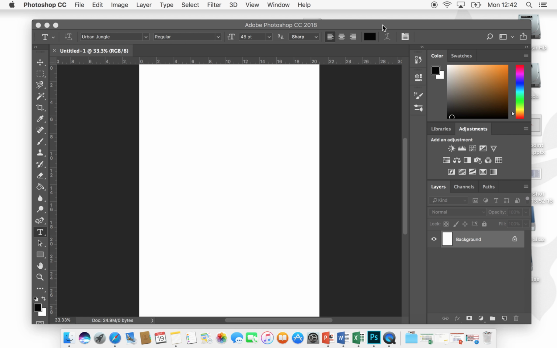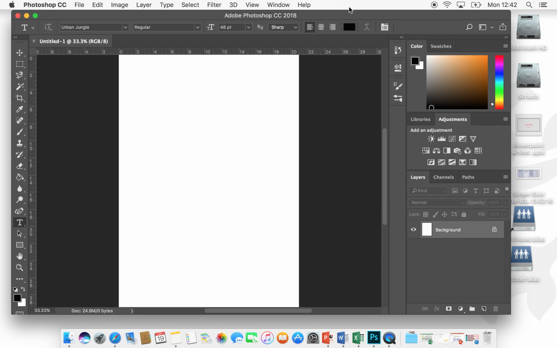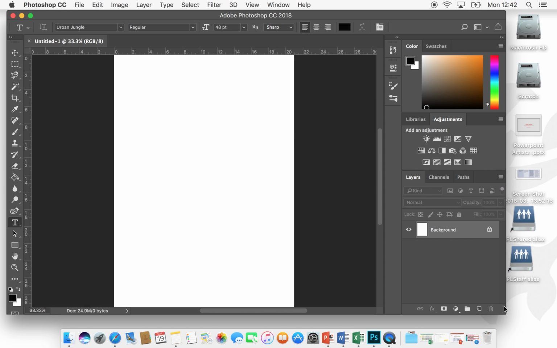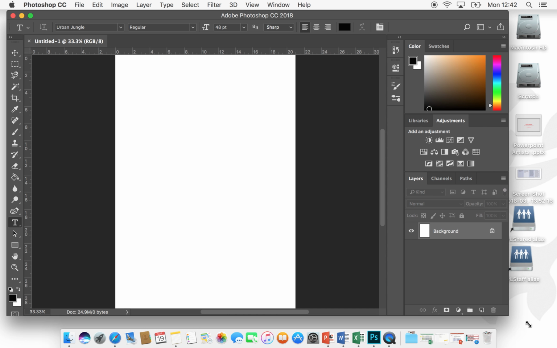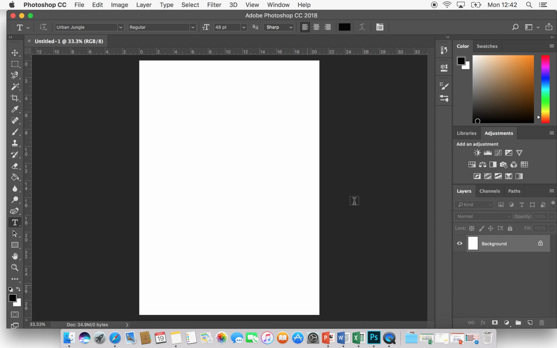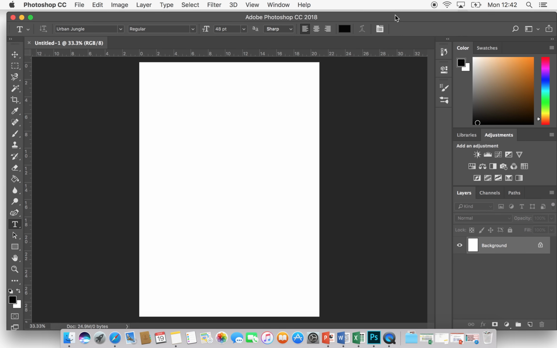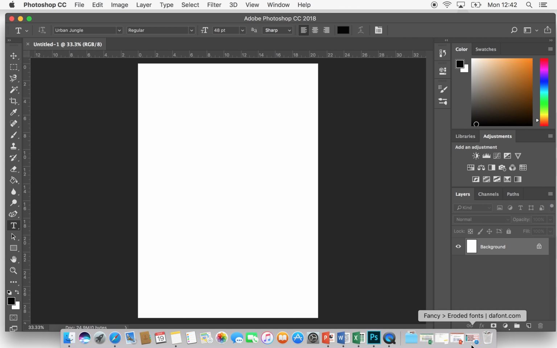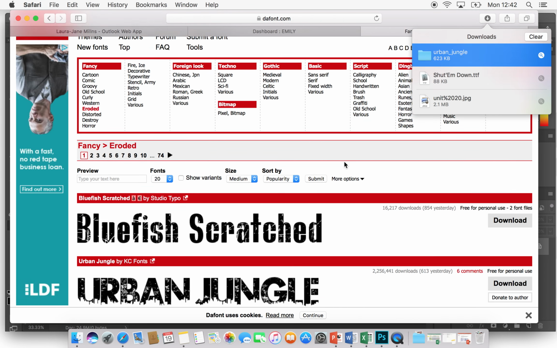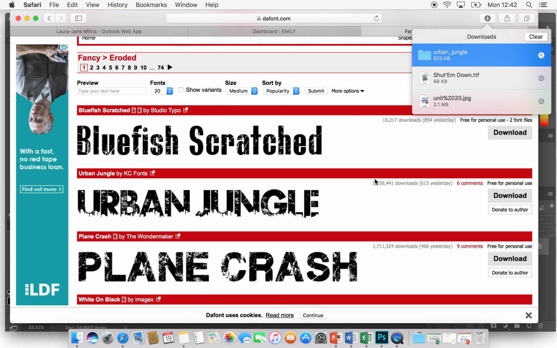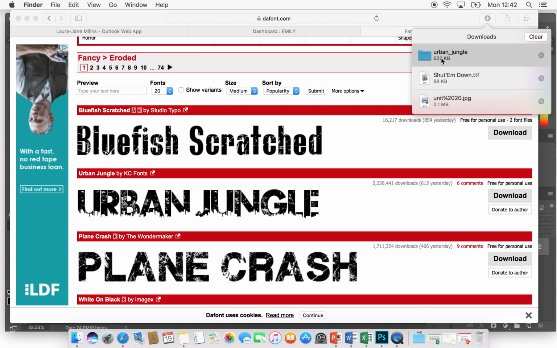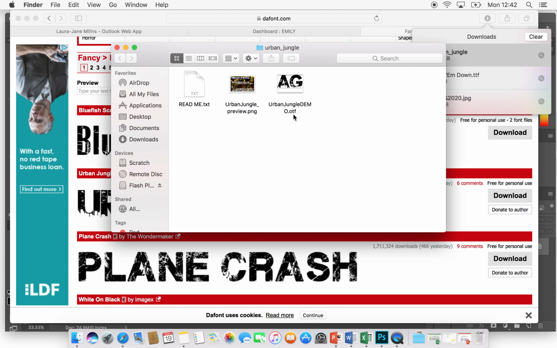So in this quick tutorial, I'm going to be showing you how you can experiment with different fonts and do different things to your text to make it a little bit more creative. So once you've picked a font and downloaded it to your computer, so you can see here, it's gone into my downloads bar, I've got my folder here, and you